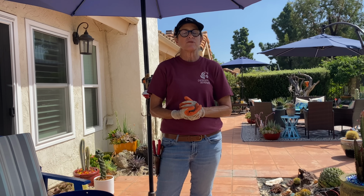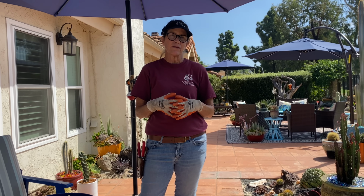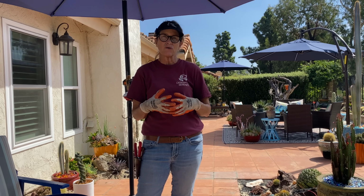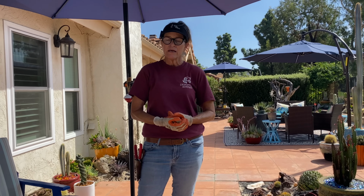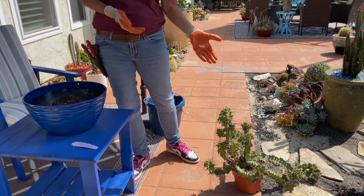Spoiler alert, Susan and I are, of course, merging our talents again for breast cancer awareness next month in honor of the Pink Fund, donating funds and collaborating on a project. So we shot it there. Stay tuned. But meanwhile, Al gifted me with this Euphorbia